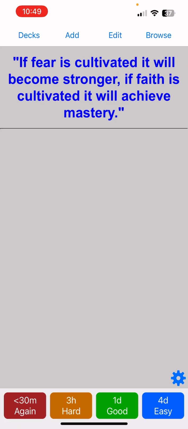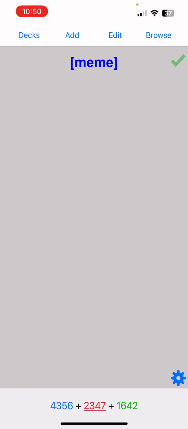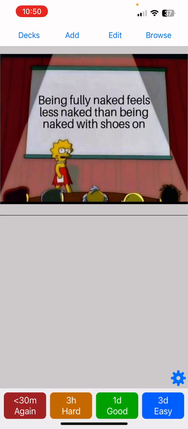If fear is cultivated, it will become stronger. If faith is cultivated, it will achieve mastery. Okay? Being fully naked feels less naked than being naked with shoes on. Because being naked with shoes on just feels weird because you're not fully naked. But I don't know, just imagine if you have your socks and shoes on, but everything else is off. I feel like